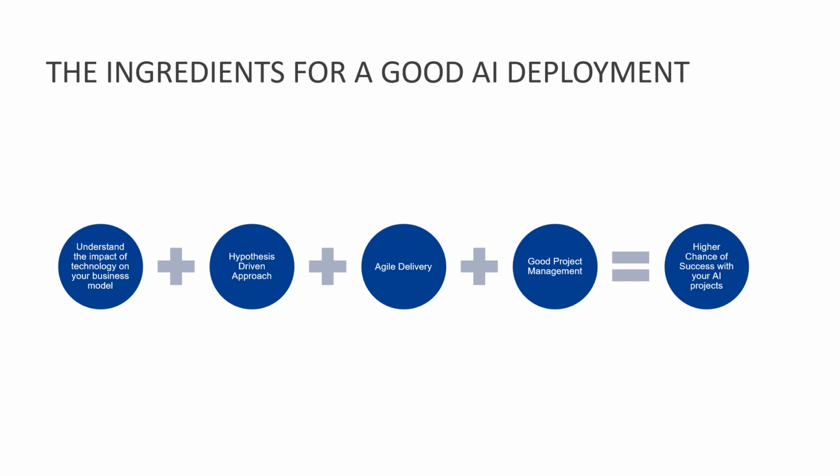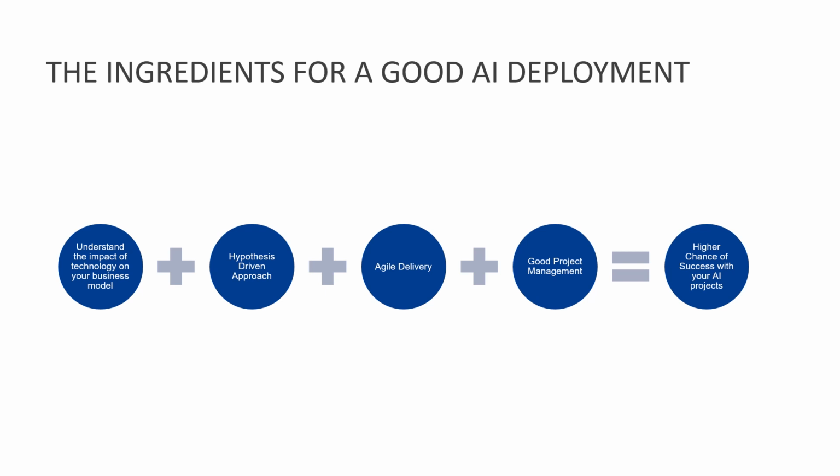I'll cover them at a high level here, then go into each one in detail, and then summarize at the end. One of the first key ones is to understand the impact of technology on your business model. How is your business model going to change? How is this going to be transformational in terms of the products and services that you can provide to your customers? Second, how do you adopt a hypothesis-driven approach? Recognizing that you don't know a lot of these known unknowns, how do you actually experiment in a purposeful way,